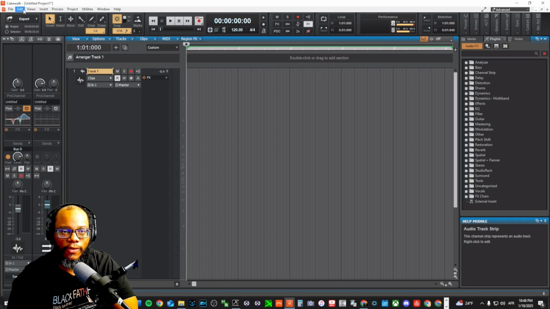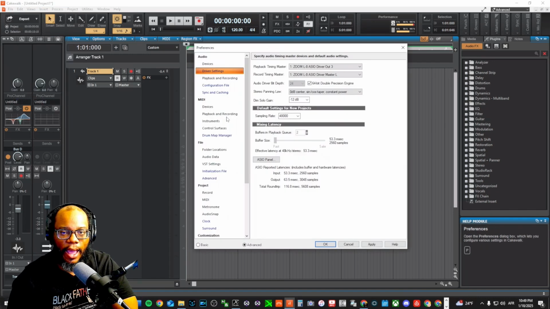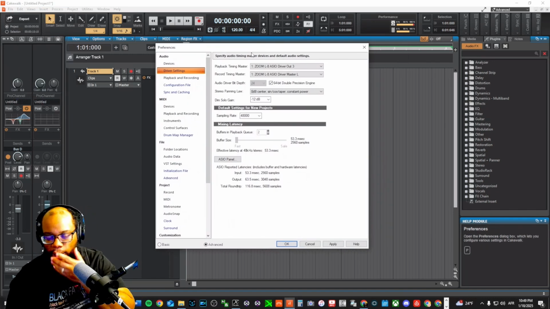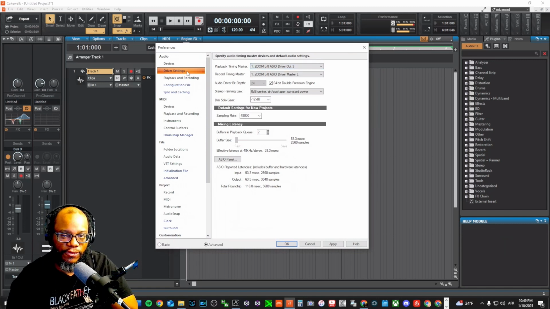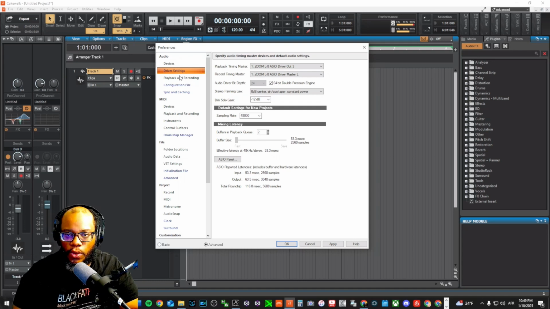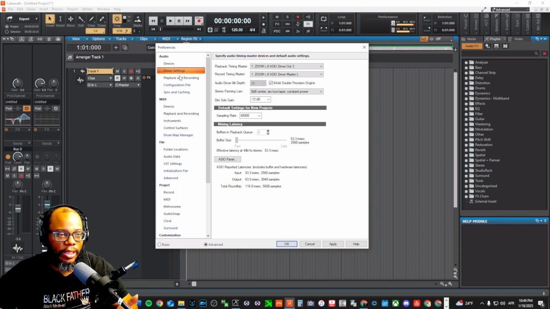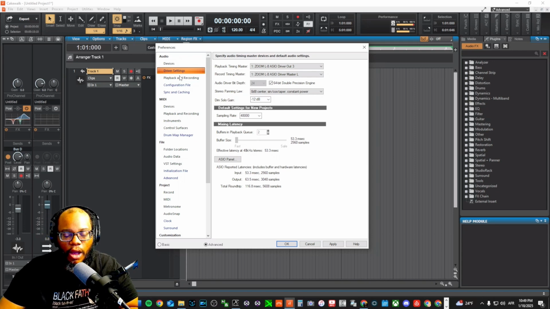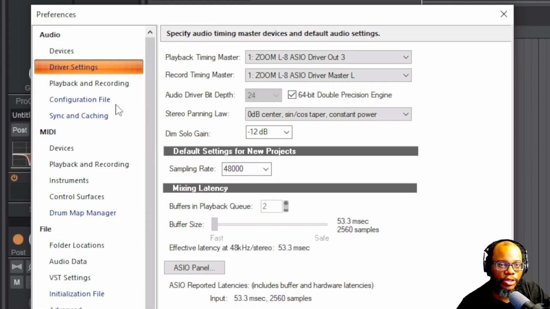So if you're going to use a USB microphone, then what you need to know is that your USB microphone is a sound source. So it is recording and playing back sound. Like on this microphone, there's a headphone jack where I can listen to the sound coming from the computer because it works just like an interface, an audio interface. When you're in driver settings,